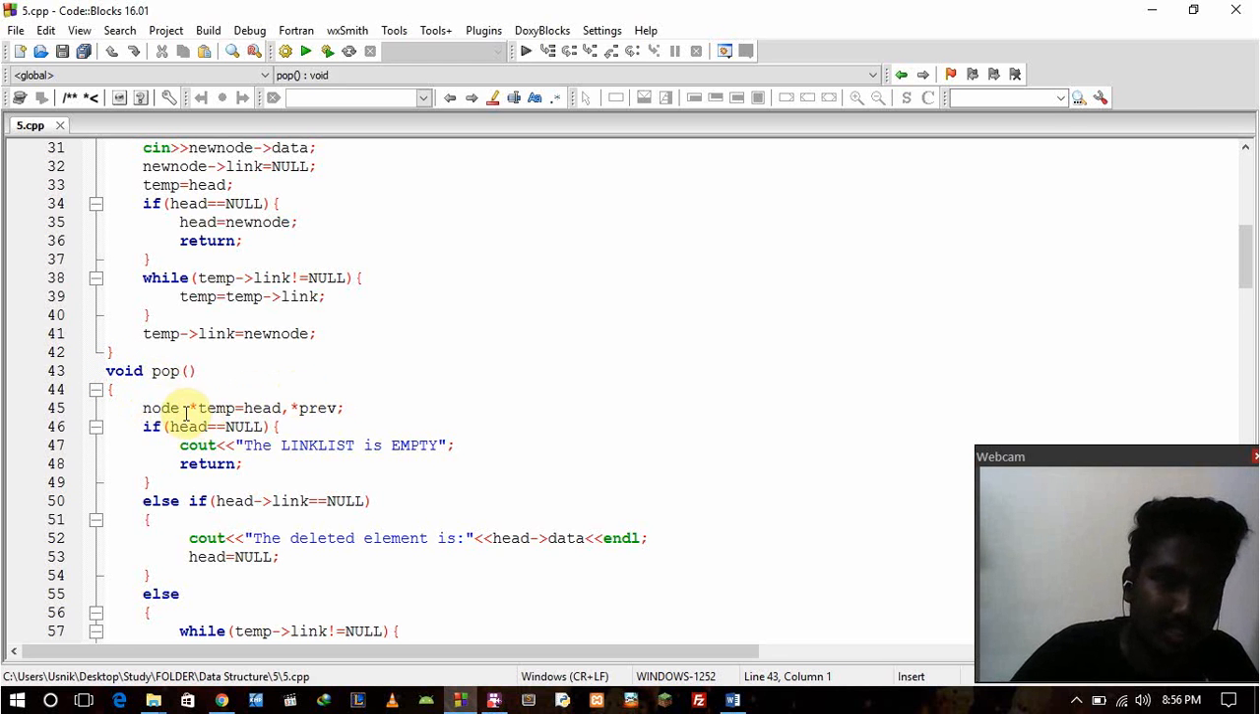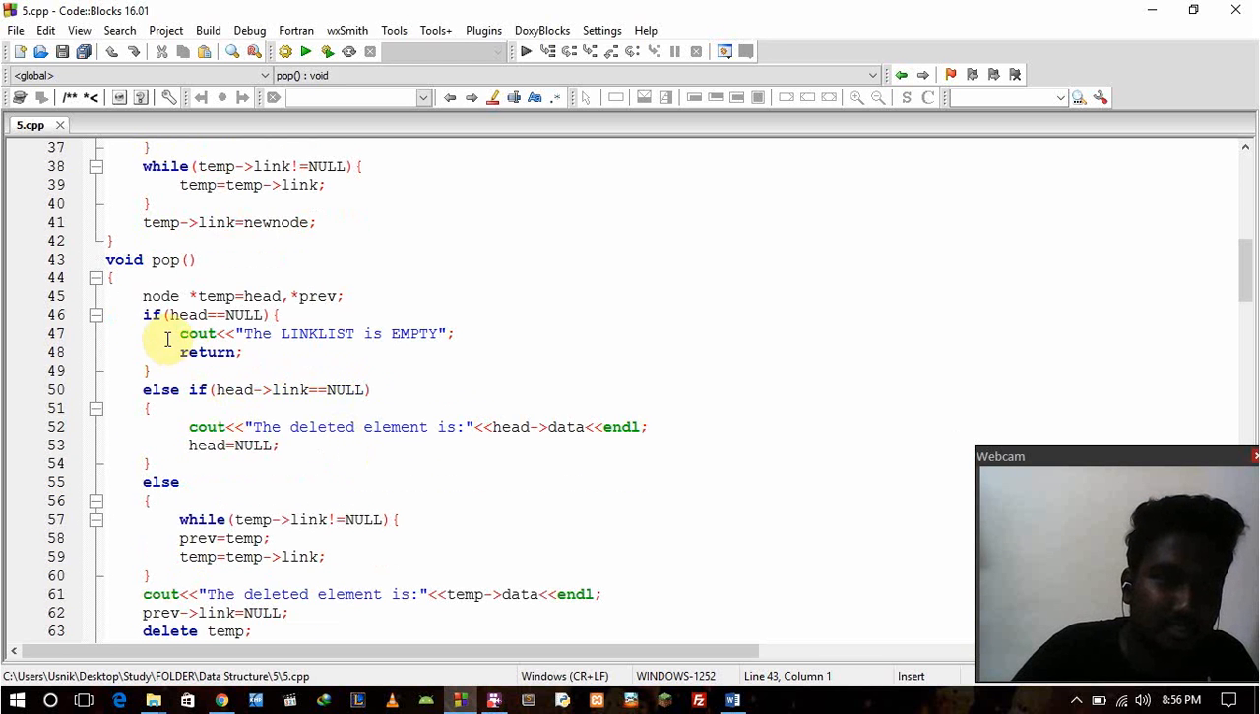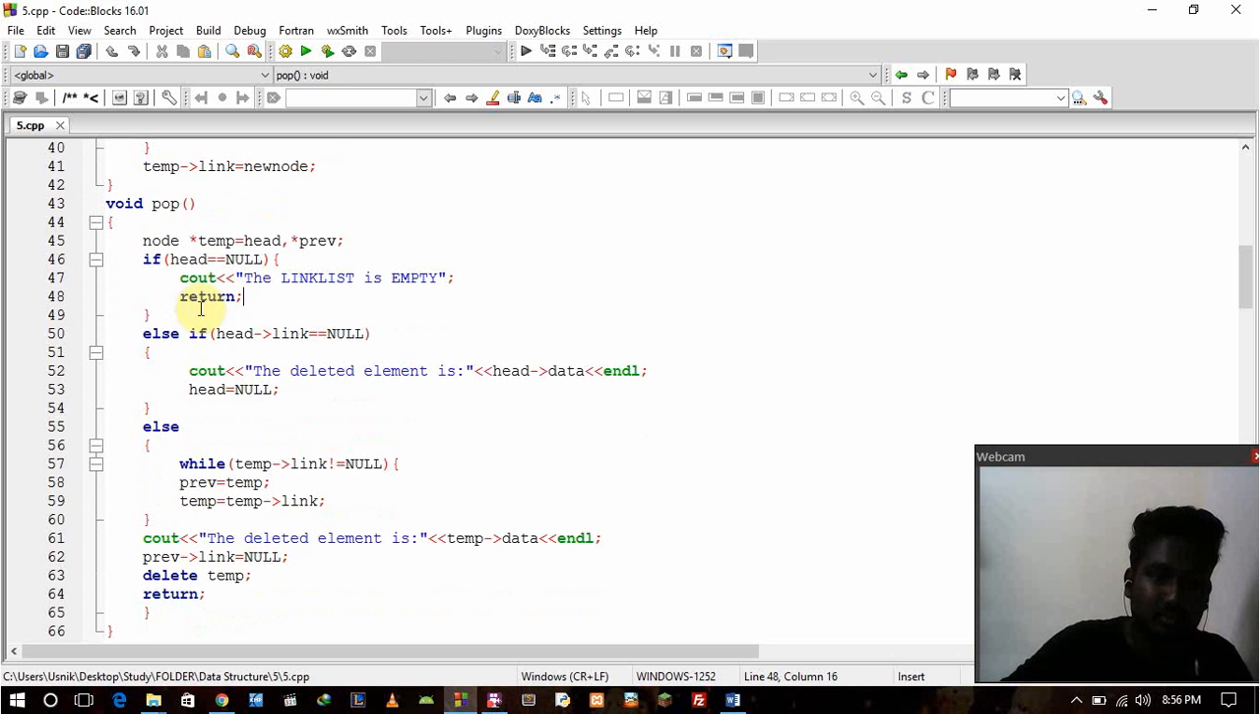After that, again new node temp is created and previous is created. If head is equal to null, the linked list is empty. It will basically check here if the linked list is empty or not, and if it's empty, we can't pop obviously, so the function will just exit. And if it's not null, then